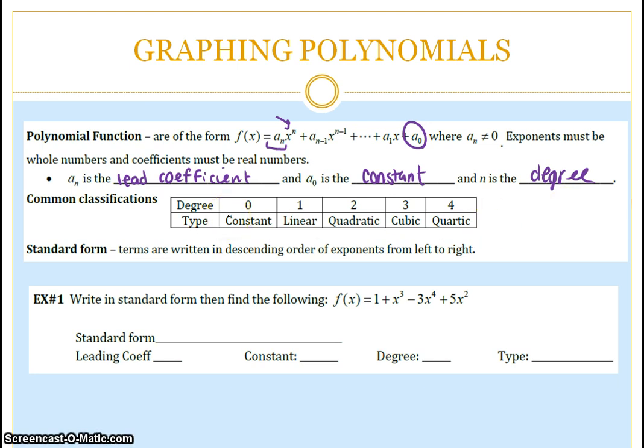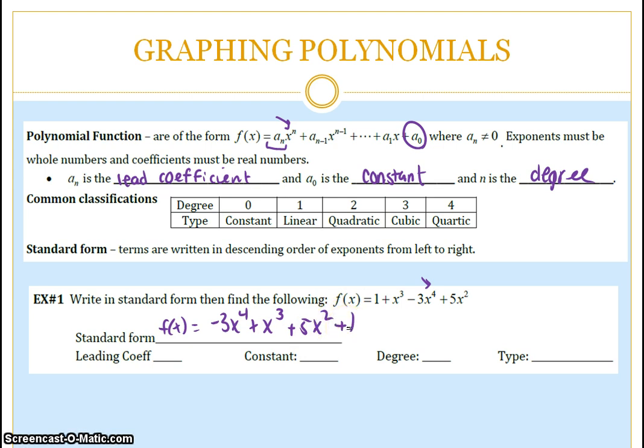So standard form is when it's written in descending order. Essentially you find the highest exponent and write that first. So we're going to write this in standard form. We have f of x is minus 3x to the fourth, then the next decreasing exponent, and you keep going down until the constant term. So that would be